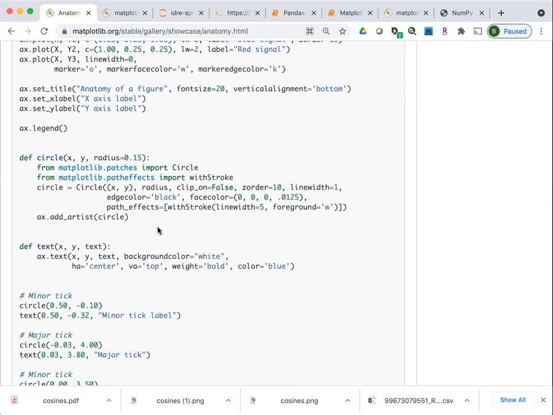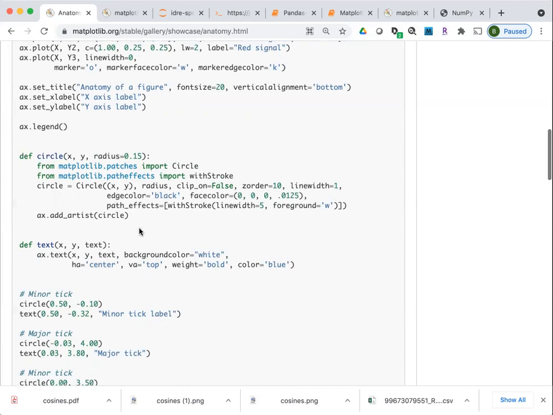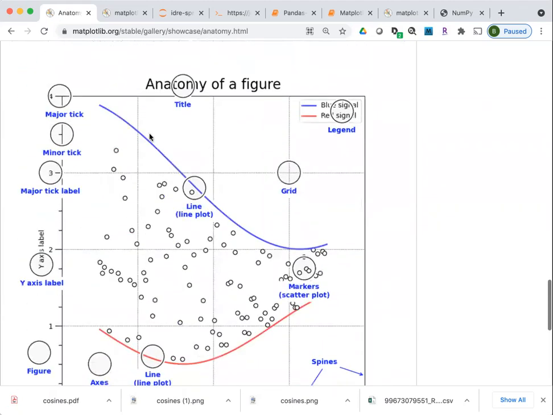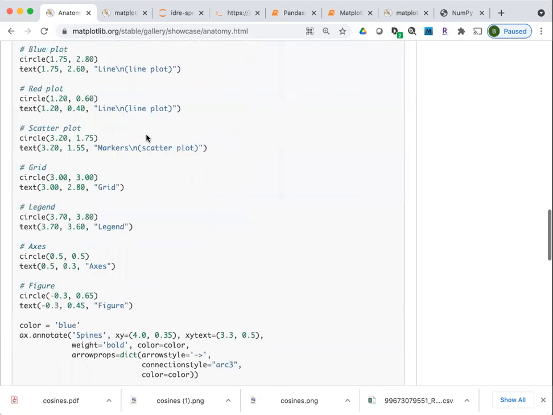And then I mentioned artists very briefly before, but PyPlot is only one submodule of the Matplotlib library. There are other things for different effects, different things that you can draw on top of the graphic. There's this thing called a circle. Here you see ax.add_artist(circle). This adds this particular object on top of the graphic. So all of these little things here are circles, which are added as what's called an artist on top of the graphic.